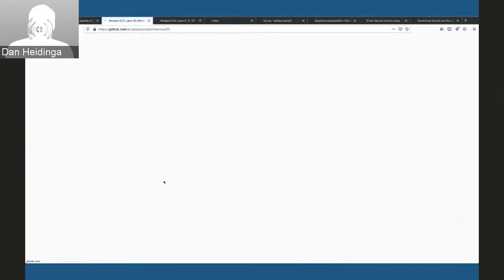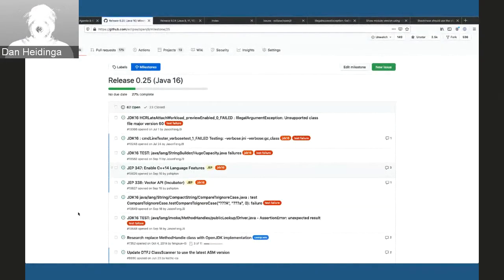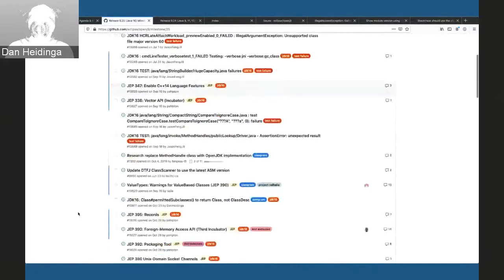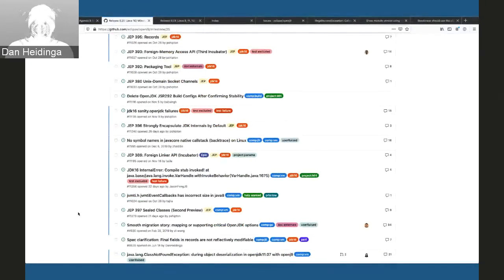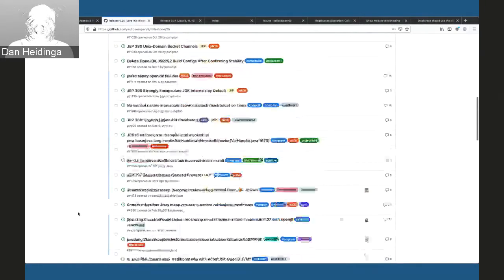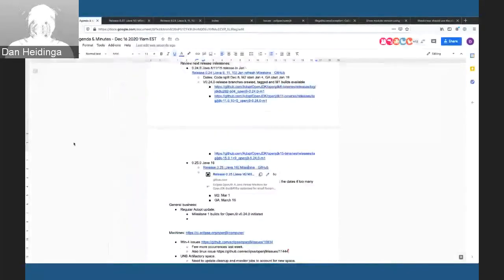And the 0.25 release, which will come swiftly on the 0.24 release's heels. Here we still have 62 items that are open. Just a reminder that, even though there's a strong push to finish off 0.24 and get those items complete, there is a lot of work still in this plan that we're going to need to get resolved for Java 16. The code split date on that is tentatively the end of January. With the holiday season fast approaching, that doesn't leave us a huge amount of time to get these completed. So please do be aware of items in that plan.